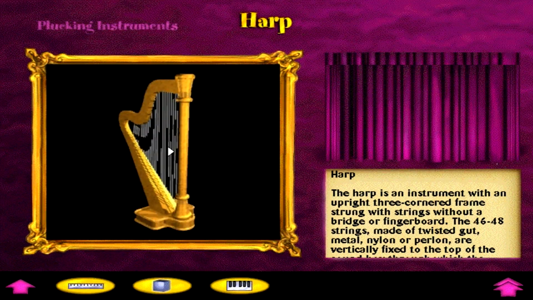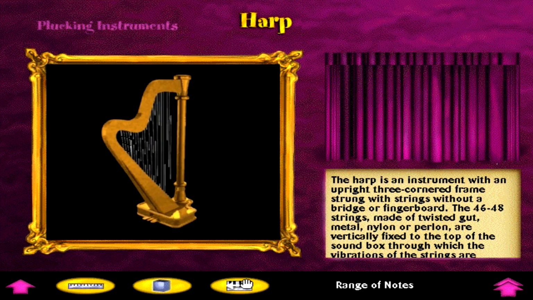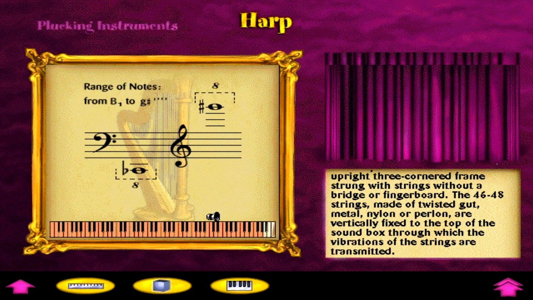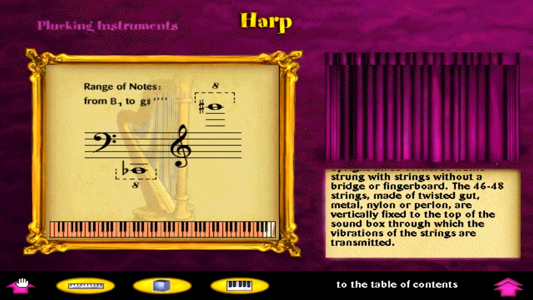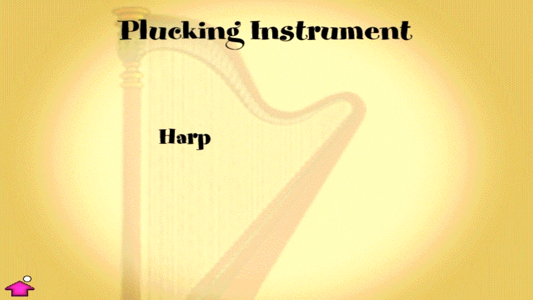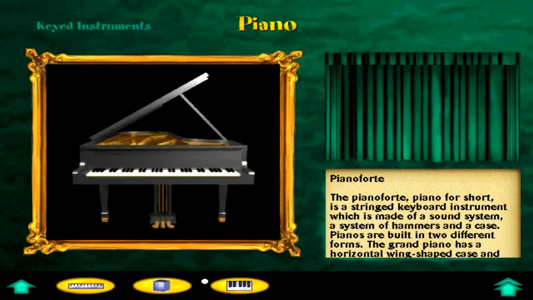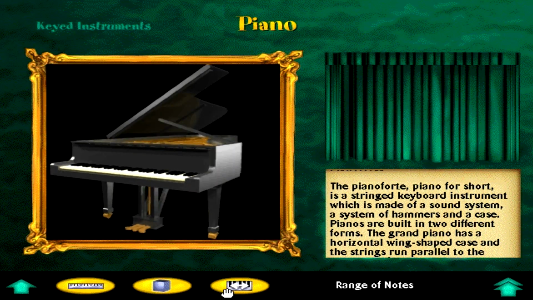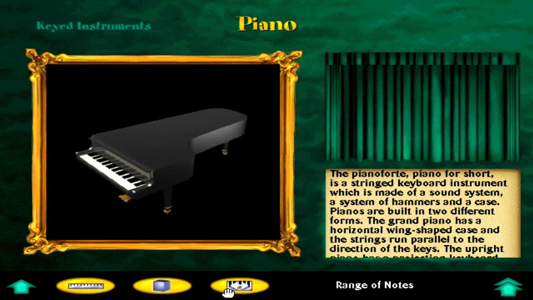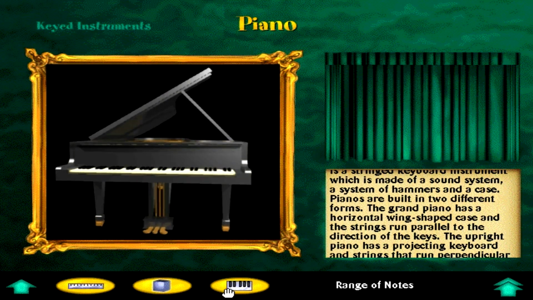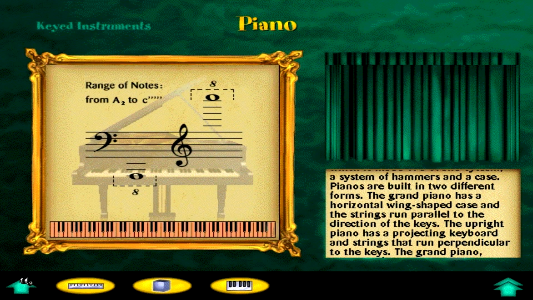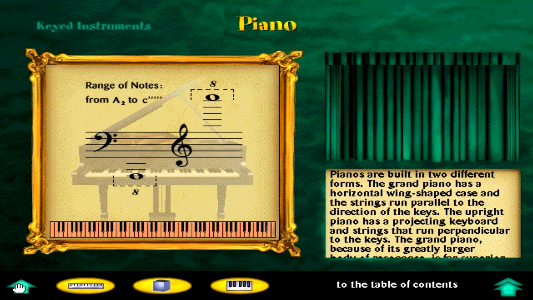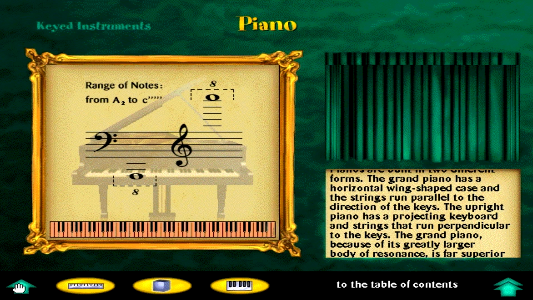The harp is an instrument with an upright, three-cornered frame strung with strings without a bridge or fingerboard. The pianoforte, piano for short, is a stringed keyboard instrument which is made of a sound system, a system of hammers, and a case. Pianos are built in two different forms. The grand